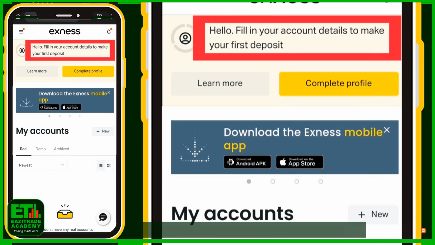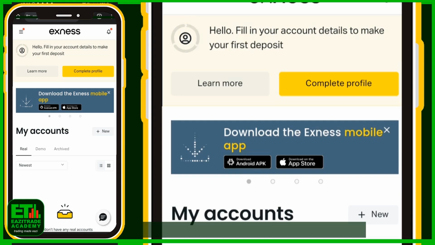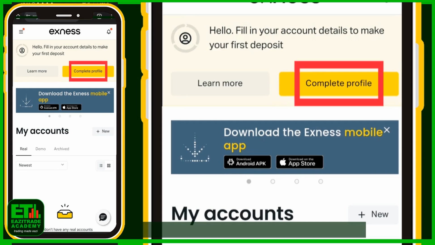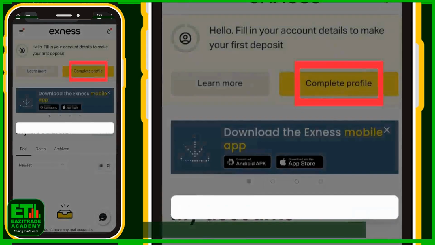All right, so you cannot do anything here. You can actually create your trading account, but you cannot deposit until you complete your profile. So it's best that you just get this out of the way. Just go click on complete profile. All right, so once you click on complete profile,